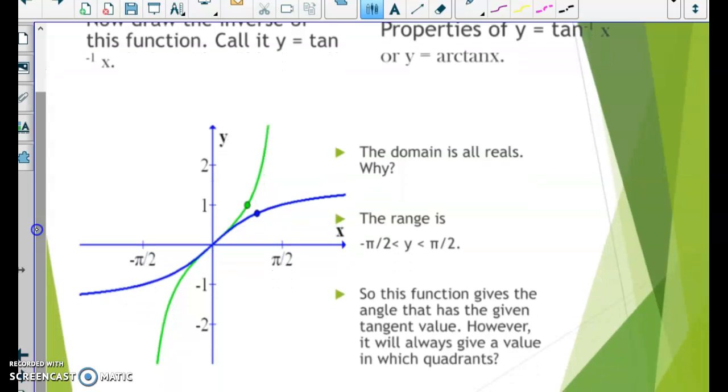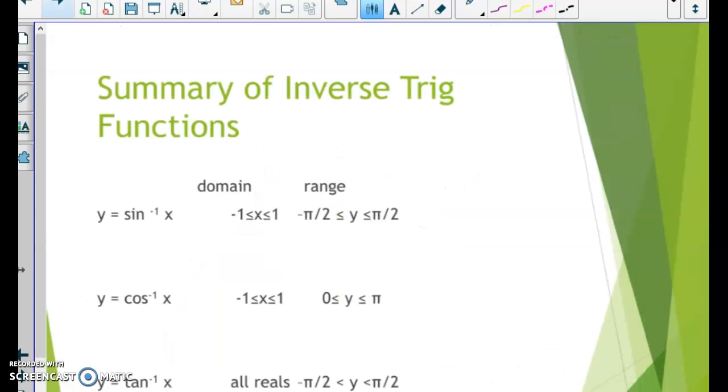our range is going to be from -pi over 2 to pi over 2, but our domain is all reals, because it goes on forever. So from -infinity to +infinity, and that's all reals. So that's how we have to limit these things. And remember, sine and tangent act a lot alike for their periods and their inverses, and the cosine is the odd one out. So the cosine,